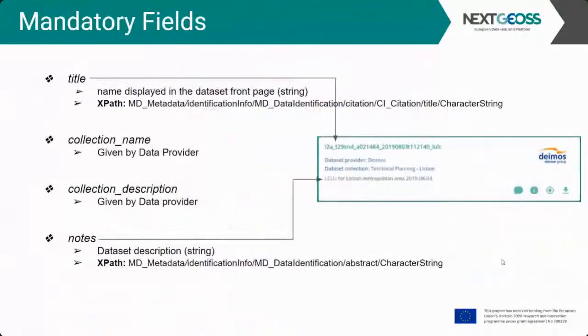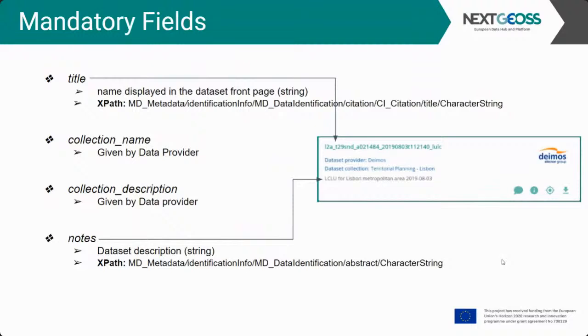So I'll go into a bit the information from the mandatory fields in the beginning. For the mandatory fields, you have to put in a title. That will be the name displayed in the dataset front page. It is a string, and in the XPath, this is just for your information, for you to navigate within the